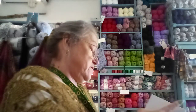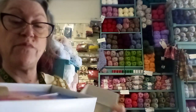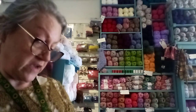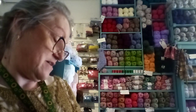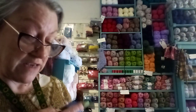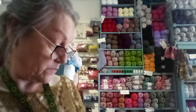Can't get this open. Oh, it's not having it. Not having it at all. Oh gosh. Oh, it's still in a box. These are the old-fashioned. Oh, it's a little bug. It's a little caterpillar. Oh, they're different colours. The old French knitting that we used to do as a kid, where you put your nails in the end of the...